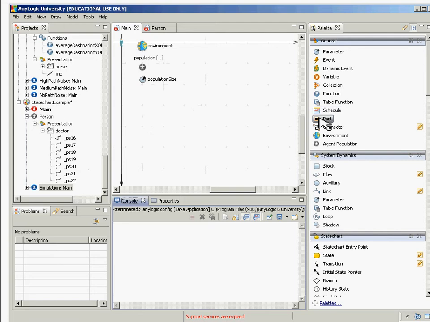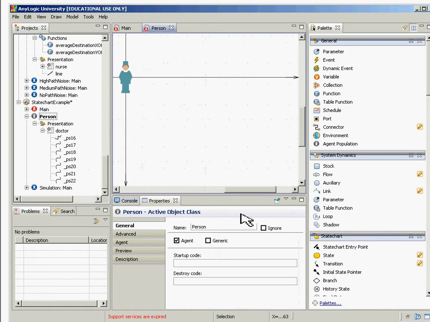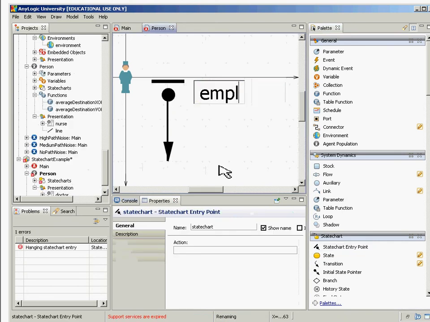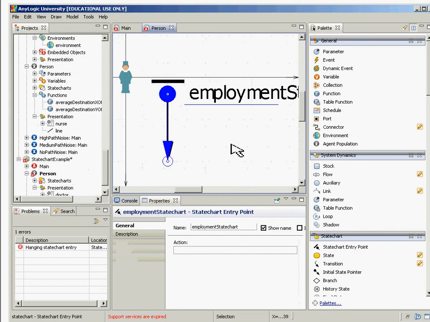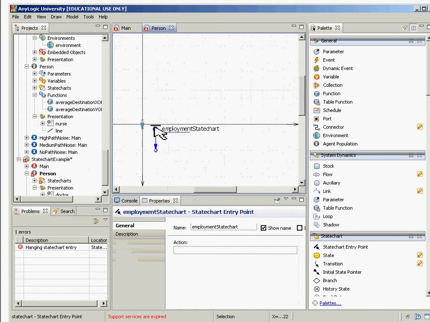So how do we add a state? A state chart entry point. We do that. Okay, so this will be called, I don't know, employment state chart, something like that. I'll zoom out a bit. Employment state chart. That will be my employment state chart. Maybe I'll have a different one for my education, a different one for my